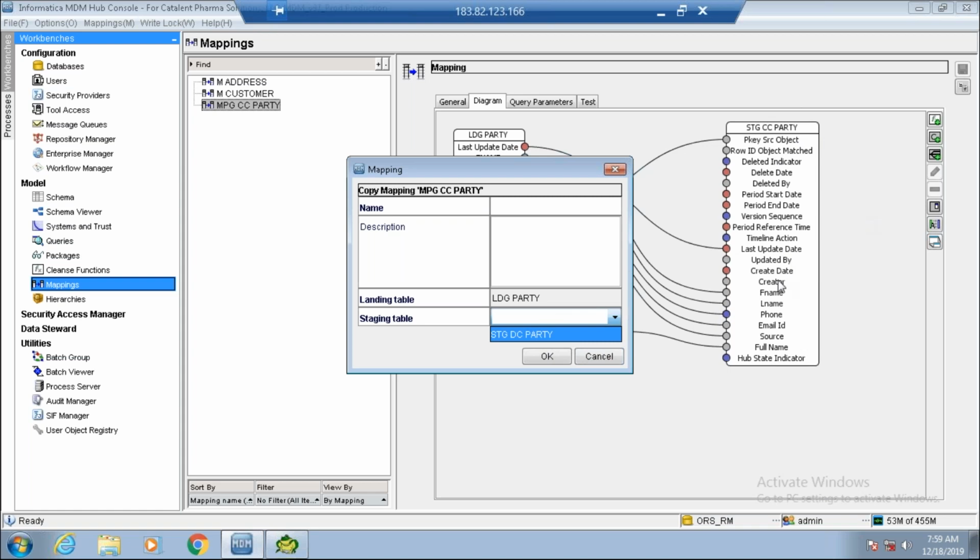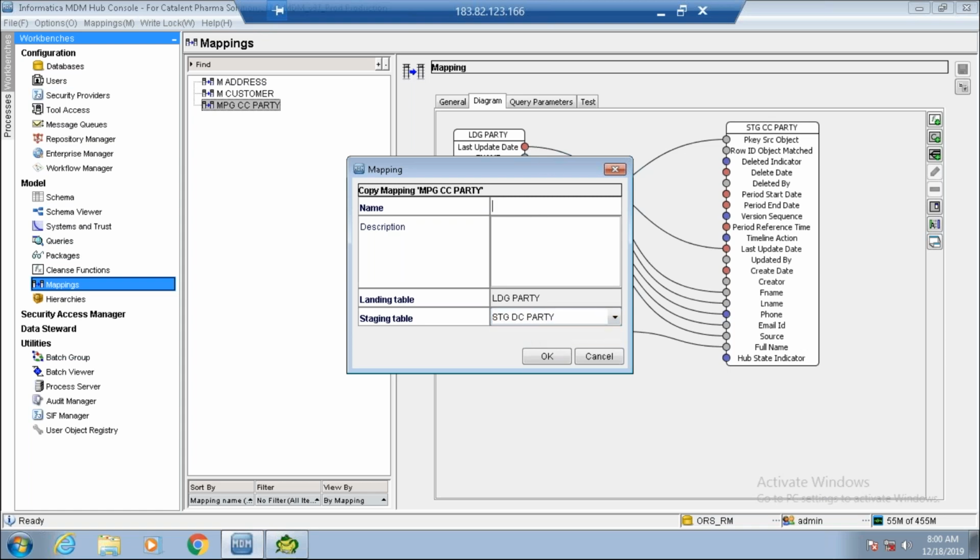If I create another staging table under BO party, then that staging table will also be visible here. MDM is intelligent enough to understand what should be under its scope. Clear? Yes, clear. Yeah, Amulya.